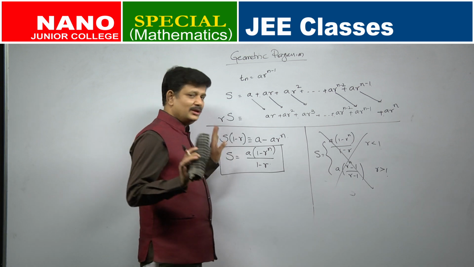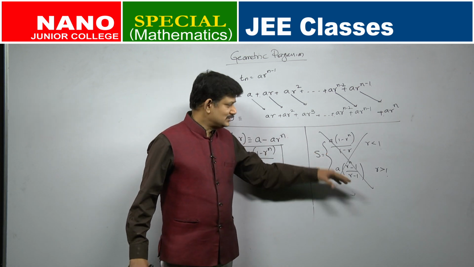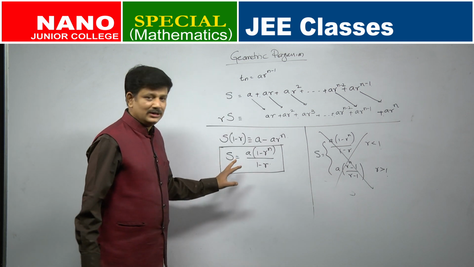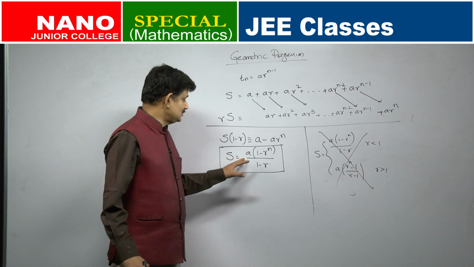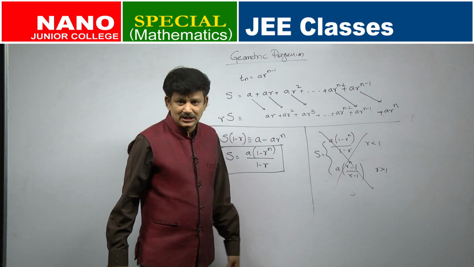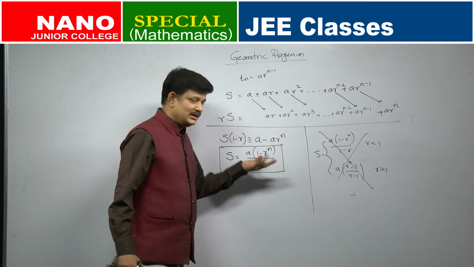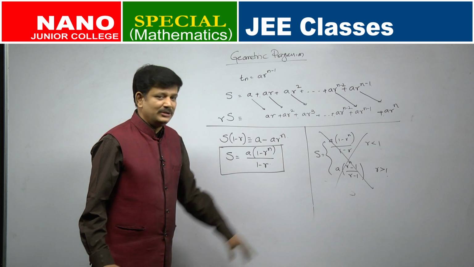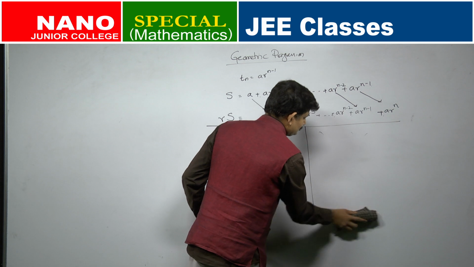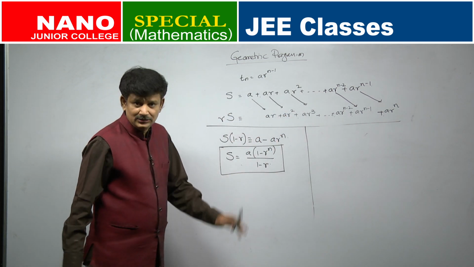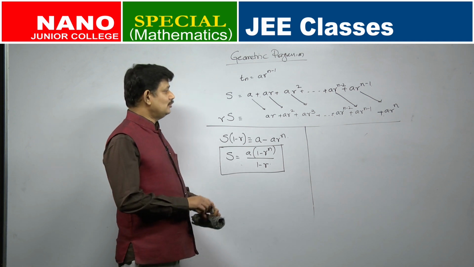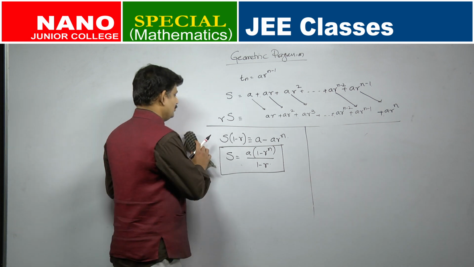There will be only one formula, either you want this, you follow this, or you follow this. Both of them are one and the same, whichever you want, you can remember it. Sum to n terms of a geometric progression is A into R power n minus 1 by R minus 1, or if you are comfortable with 1 minus R power n by 1 minus R. So, whichever any one of them is fine, you need not mess up with splitting into cases and doing it. This is pure unnecessary thing. There is only one formula for sum to n terms of a geometric progression. Okay. So, slowly we will get lot of questions of geometric progression.